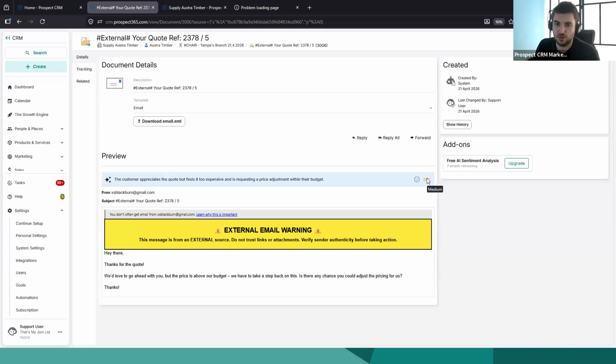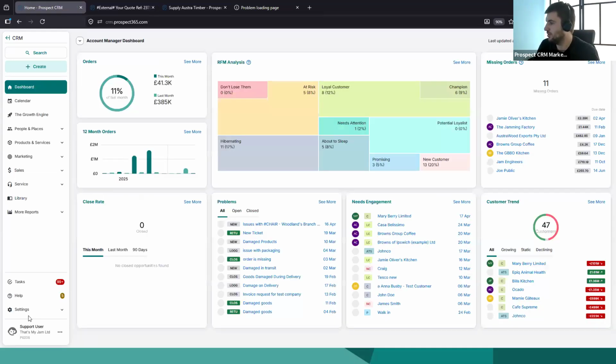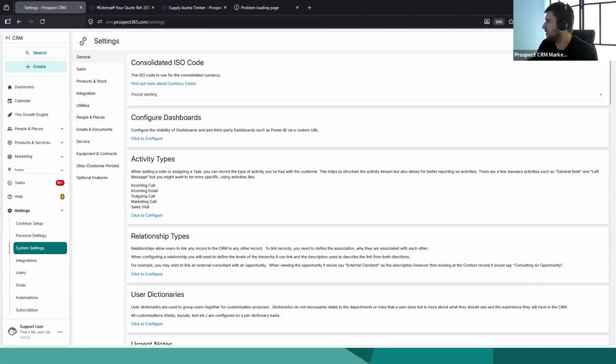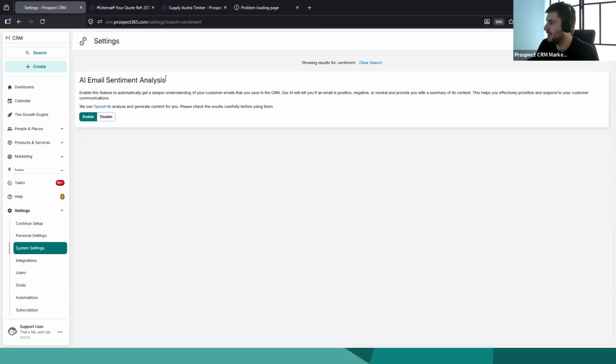And so that's a good breakdown of that. This feature does have to be enabled. So this add-on section will show on the right here if you've got it enabled. So we have it enabled here for the sentiment analysis. If you don't have it enabled, you can go to your settings and system settings, and it'll be under optional features, or you can just search sentiment in the top right, and then AI email sentiment analysis as a feature